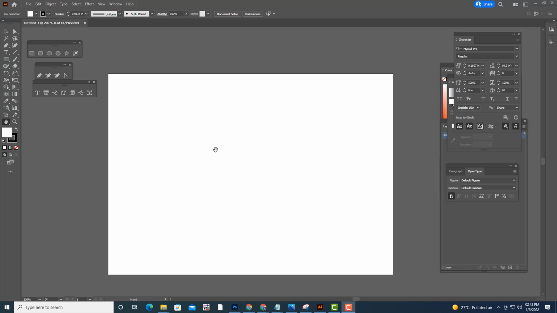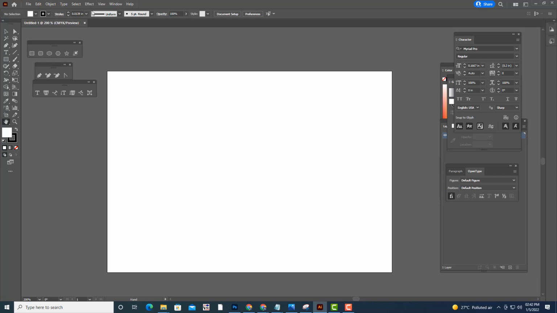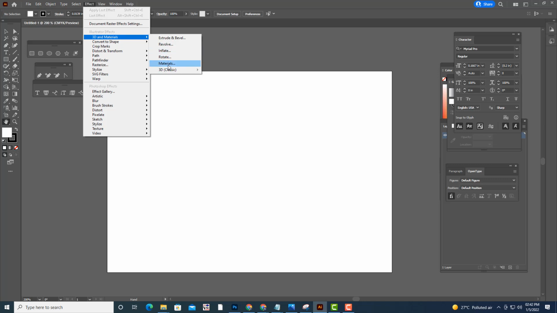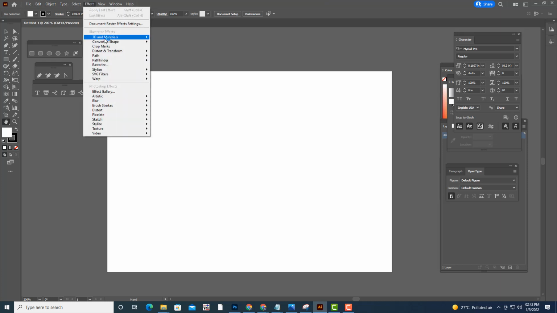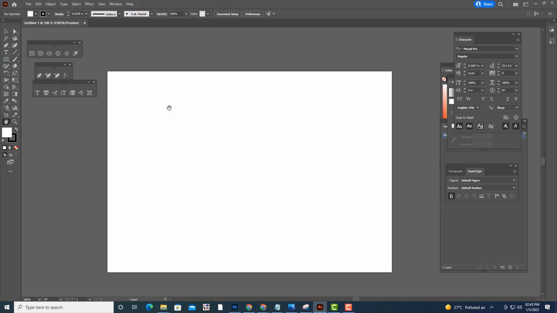Okay, now see, last class we have seen how we can use this 3D extrude option, and we have created two different logos. One ribbon logo, and also one logo with letter. So now we will move on to the next option, that is revolve. So here we have an option called revolve. Let us see how this revolve is going to work.